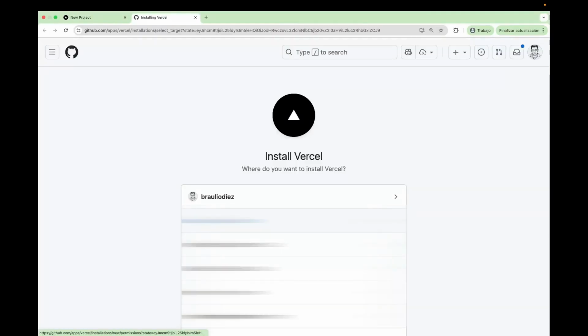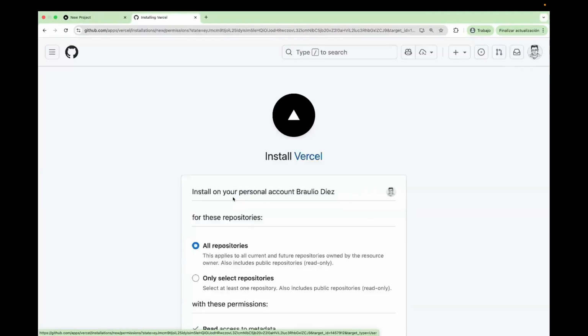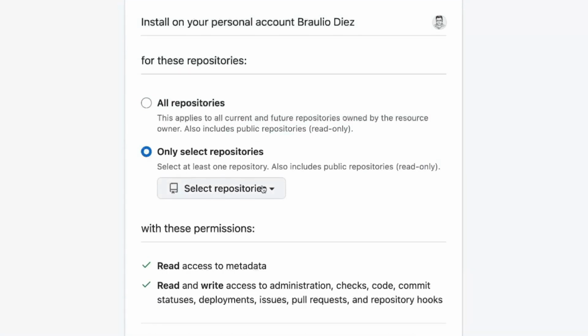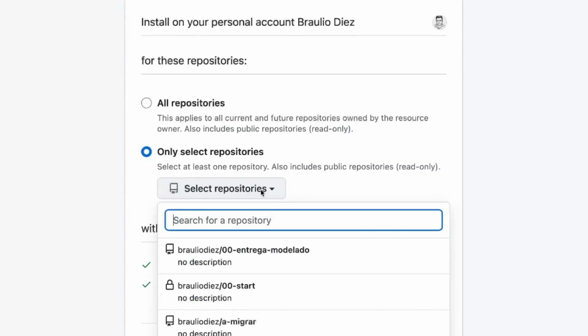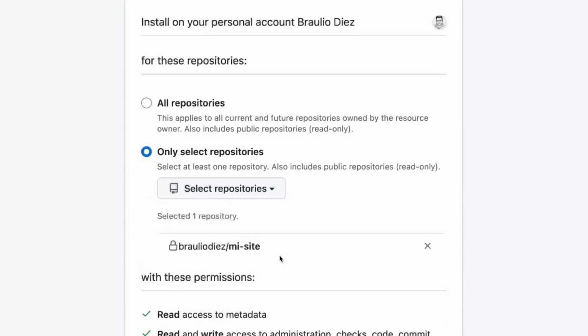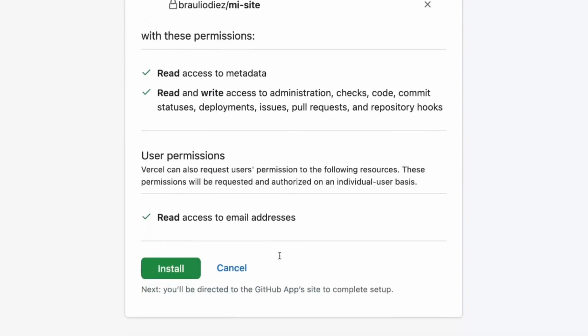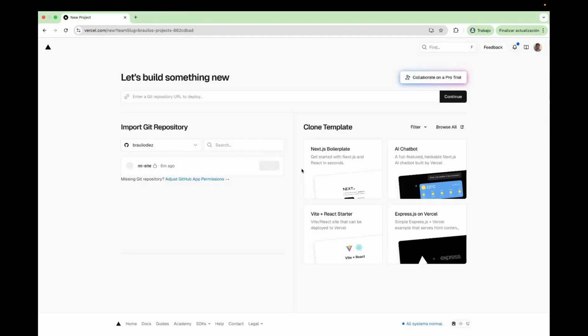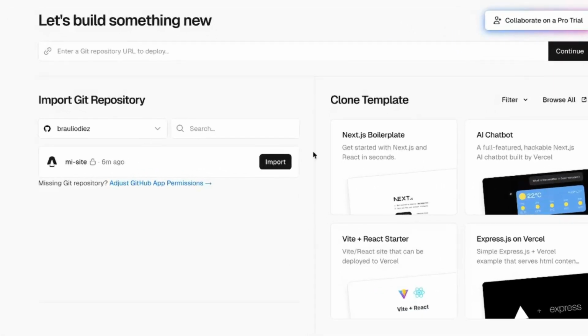We click Authorize Vercel to access our GitHub. Importantly, here I'm going to specify that I want it to have access to a specific repository. I don't want it to have access to all repositories. That's a good idea because it reduces your attack surface. I click on Select Repositories, and here I'm going to type My Site. Here it is. Now let's authorize it. We click on Import,